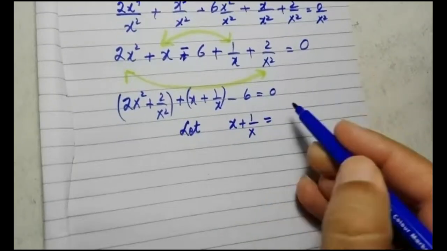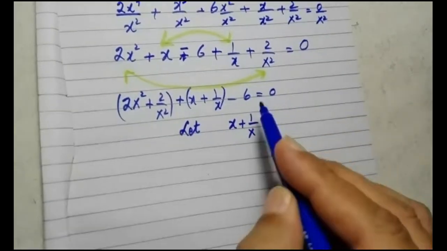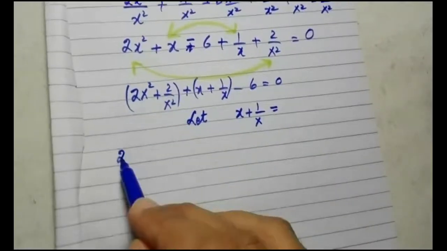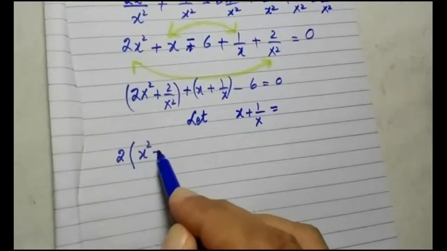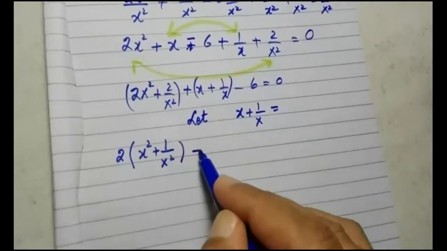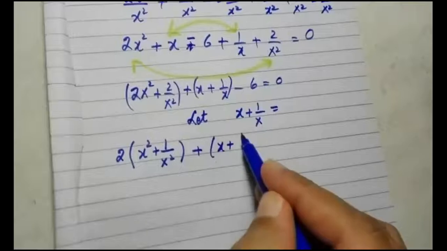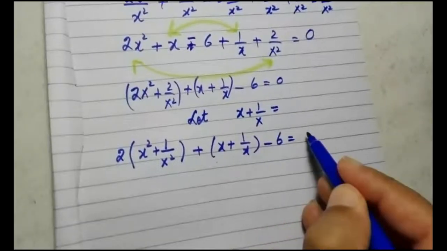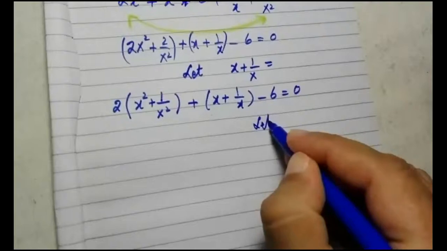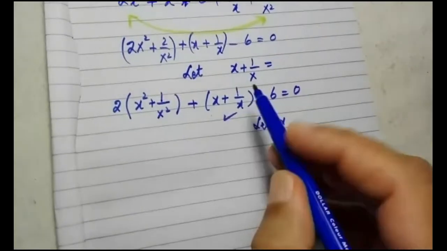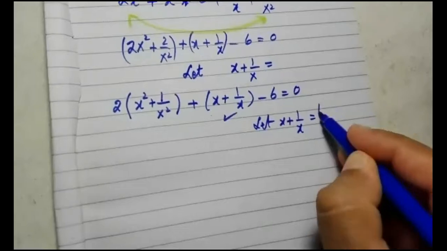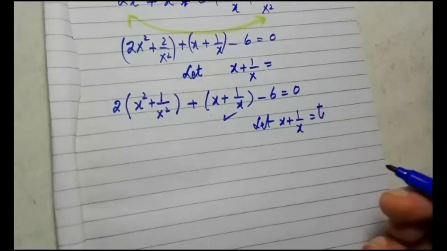Before that, we will suppose the same thing, but I need that we should take 2 common first, so that it can be simplified further. I will rewrite it again, but I just want to tell you to take out 2 common from the very first bracket. Rest of the things are as they are. And now let, always substitute, the middle term x plus 1 over x as some variable t, u, y, z, whatever you like. But you will have to rename it to some other variable.